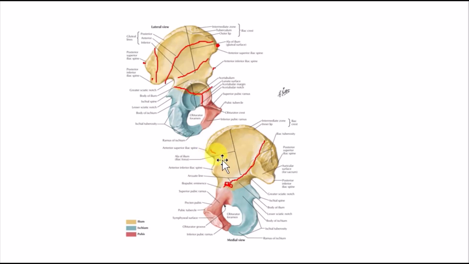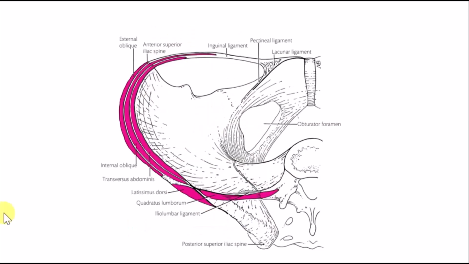This is the anterior border of the ilium, and this is the posterior border of the ilium. And this is iliac tuberosity, this is auricular surface, and this is the pelvic surface. Now coming on the next picture, in this you can appreciate the iliac crest from above.